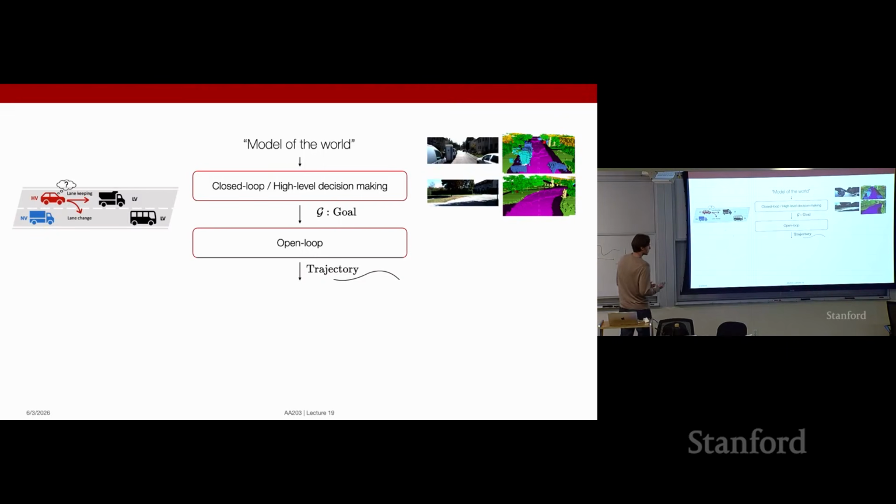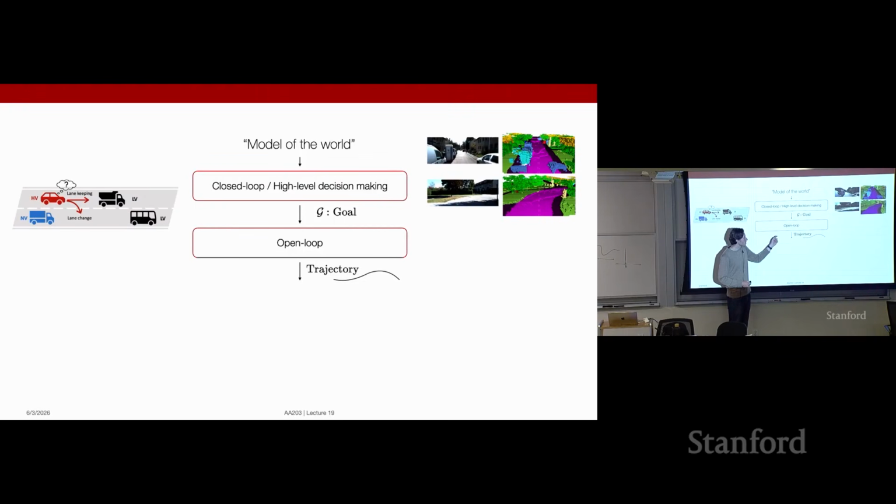Now we have this goal, but we have to make it actionable, right? So we want to make this such that we have an actual trajectory which we can enact in the world. And so this is something that usually is dealt with open loop techniques. So we would have this higher level goal, like a navigation goal. And then we want to translate this navigation goal into a finer grained trajectory, which we want our car to